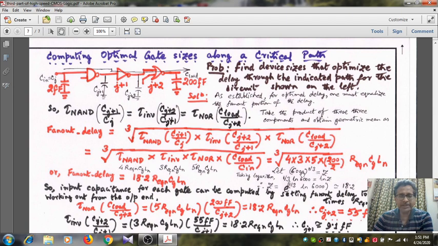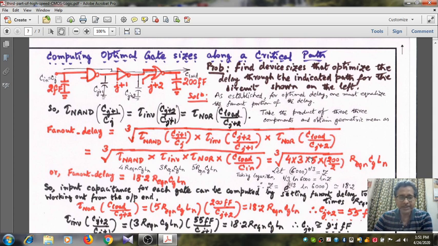So it is 4 into 3 into 5 into Req and Cg ln and 200 by 2. The other parameters, Cj plus 1, Cj plus 2, get cancelled. Only Cj remains and C load remains. So it is C load by Cj, C load equal to 200, Cj equal to 2. So it is 4 into 3 into 5 into 200 by 2. So that is 6000, and we need its cubic root.